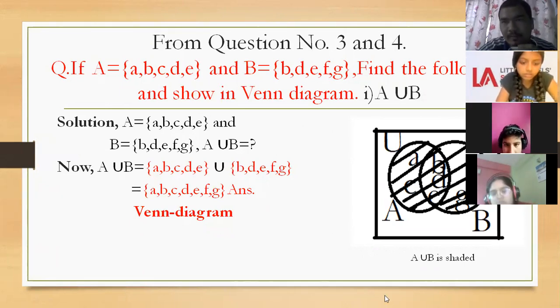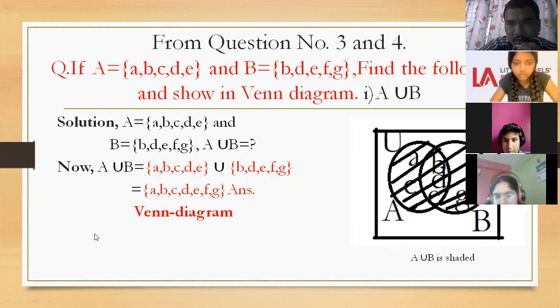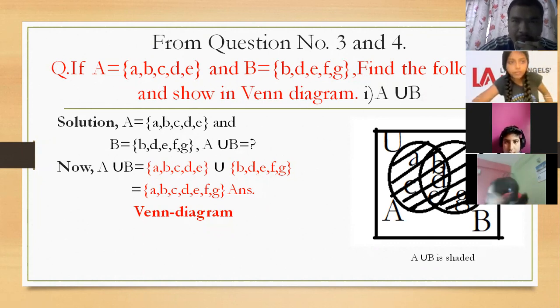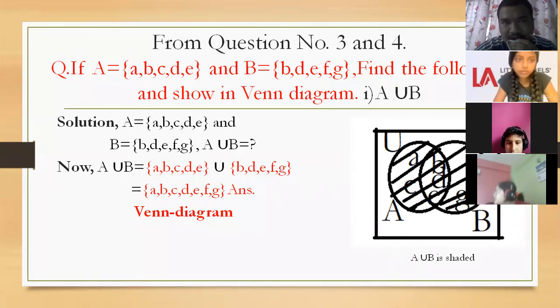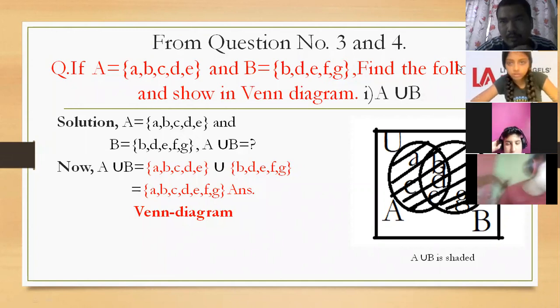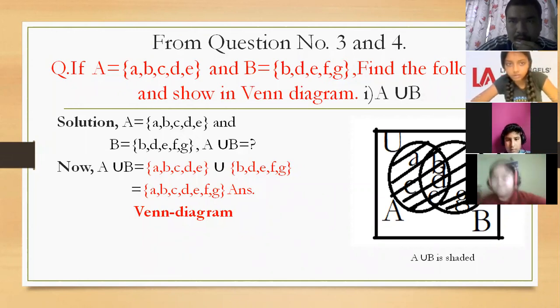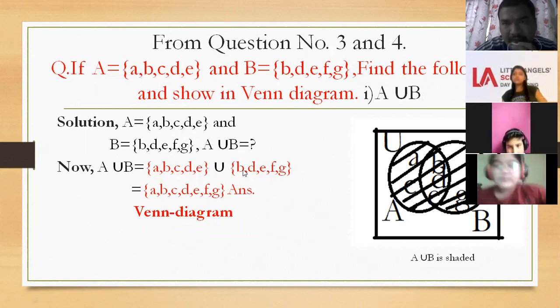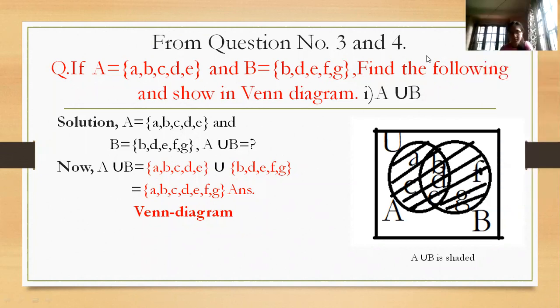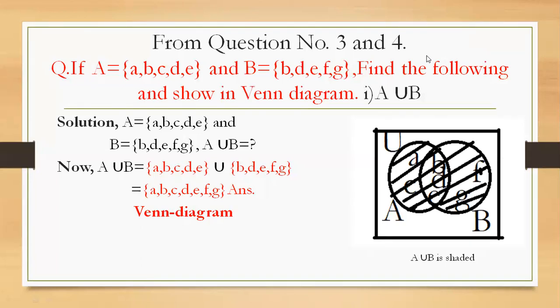Okay, Eugene? And I hope that everybody is keeping note of these questions, okay? Or you can take a screenshot now and later note it down. Okay, children? How to find A union B and how to show them in a Venn diagram, have you understood, children? Yes, sir. Good. Have you understood, Nano? Yes, sir. Good. Suvan?